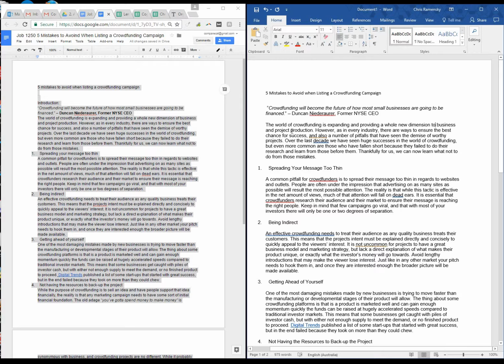And it's probably project funding. However, as in every industry, there are ways to ensure the best chance for success. It's probably as with every opportunity, because